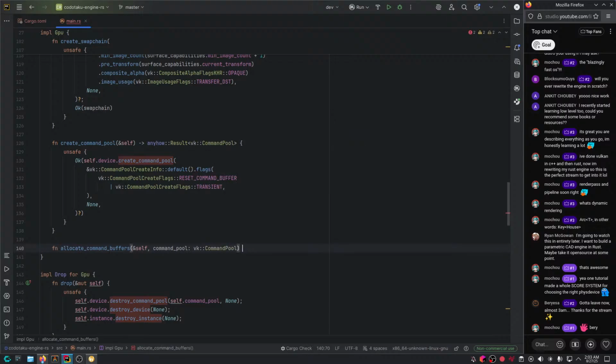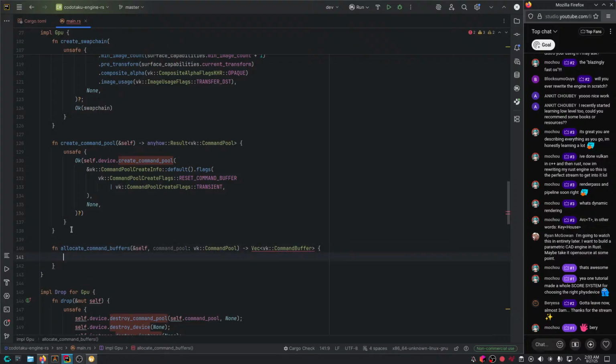And then what? Result, well, actually vector of vk command buffers. Of course, we're gonna need the result though. There you go. So here we're basically gonna say unsafe.